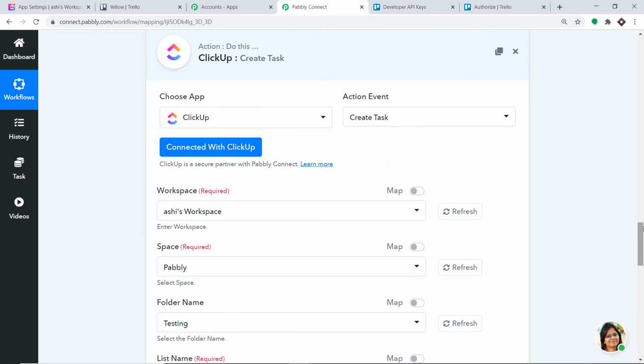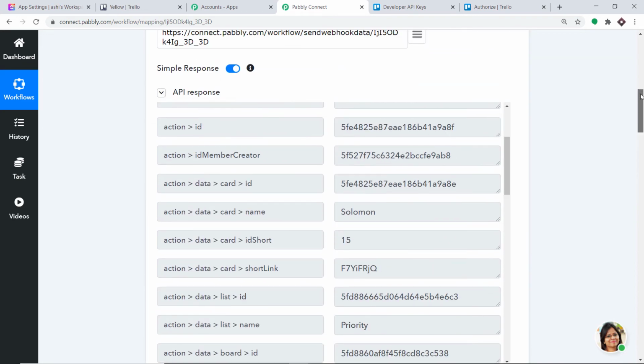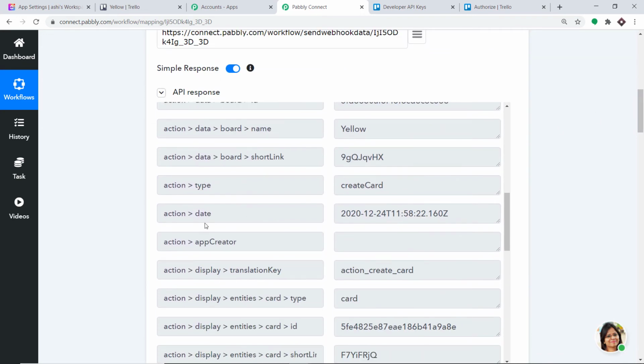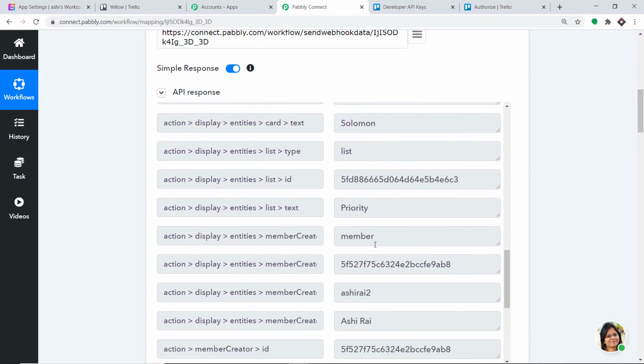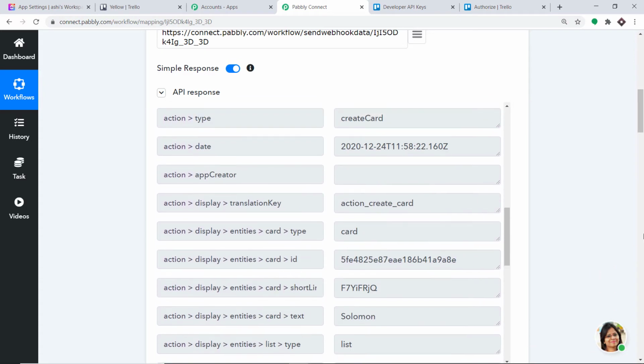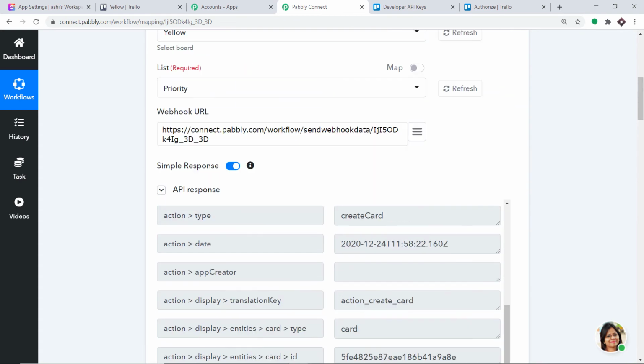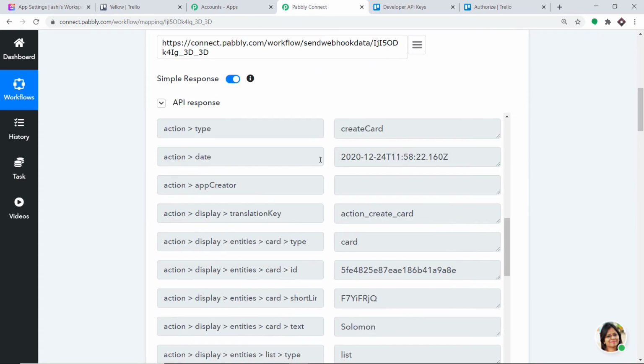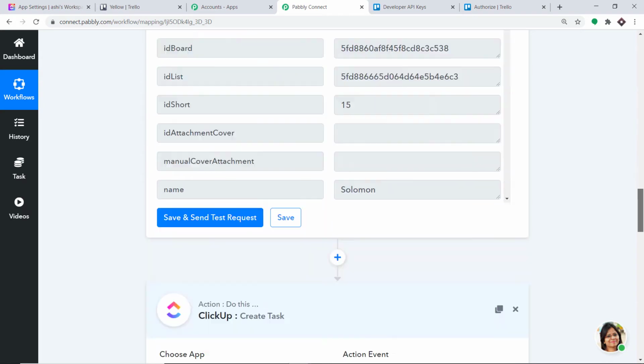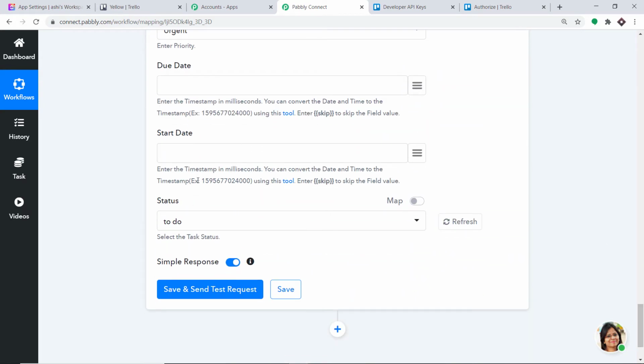Actually, we have received the data in a very human readable format. Okay, let me show you. This is the format. Okay, not this one. Let me scroll down. One minute. Okay, yeah, so this is the format that we have received. This is basically a human readable format, that is year, month, day, hours, minute and second. Okay, so we want the data to be mapped in this format. So this is basically a POSIX format.